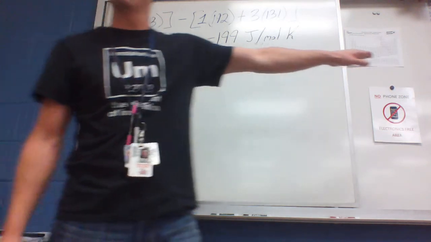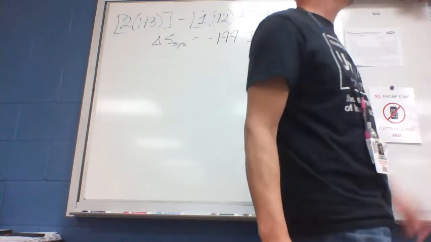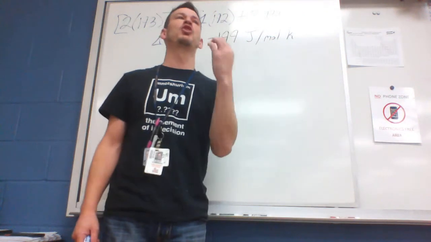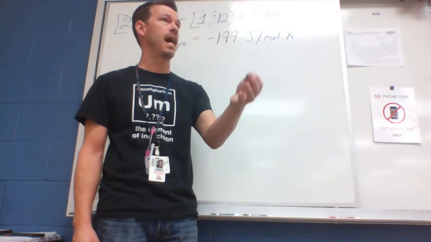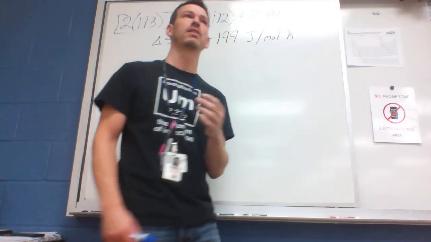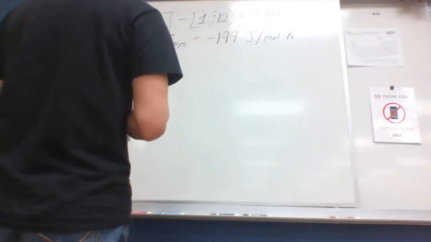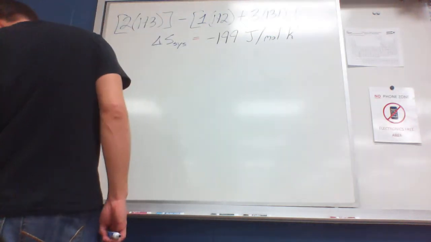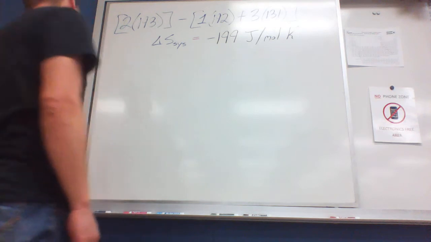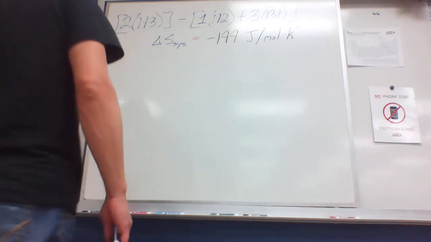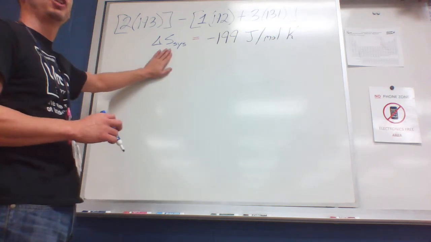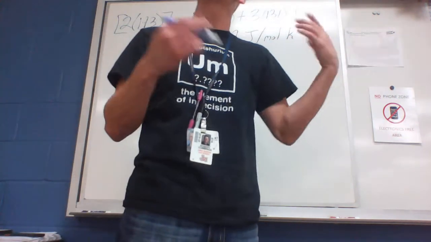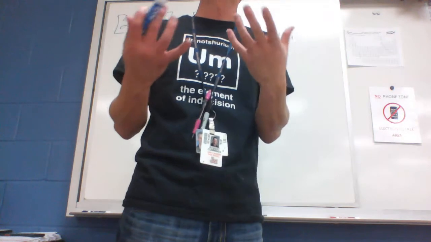All right, but let's go to B now. B says calculate the change of entropy of the surroundings. Look back to the previous slide. That's one of your new equations. In order to do it, we need the change in H divided by the temperature, the change of H of the system. Now, I don't have the change of H of the system yet, but we've got values to find change in H. That's still just Big Mama. We already learned how to do that.